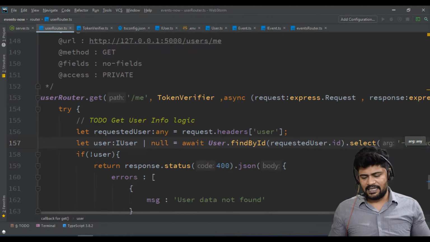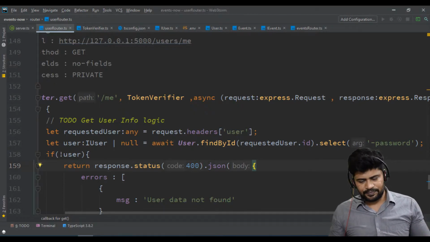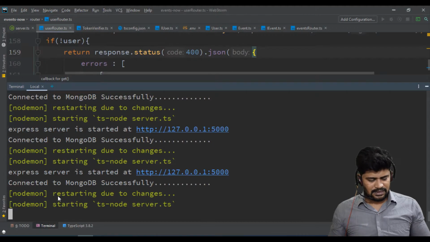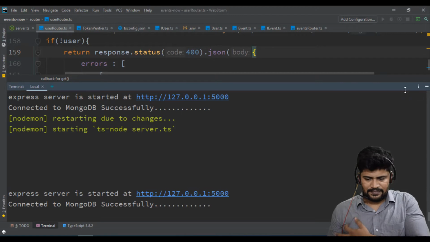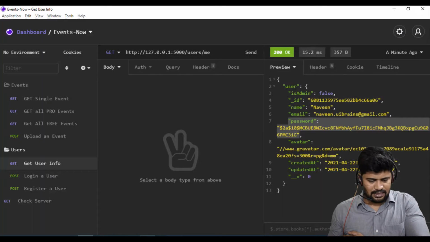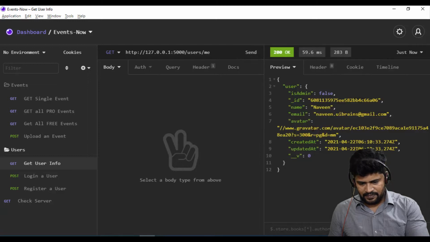When I say minus password, it ignores the password field, the password column, from the result data. I check that my server is up and running, and then we'll test it. Running. Back here, previously you were getting the password. If I click send now, the password is not there. Anyway, we don't need the password in the client, right?